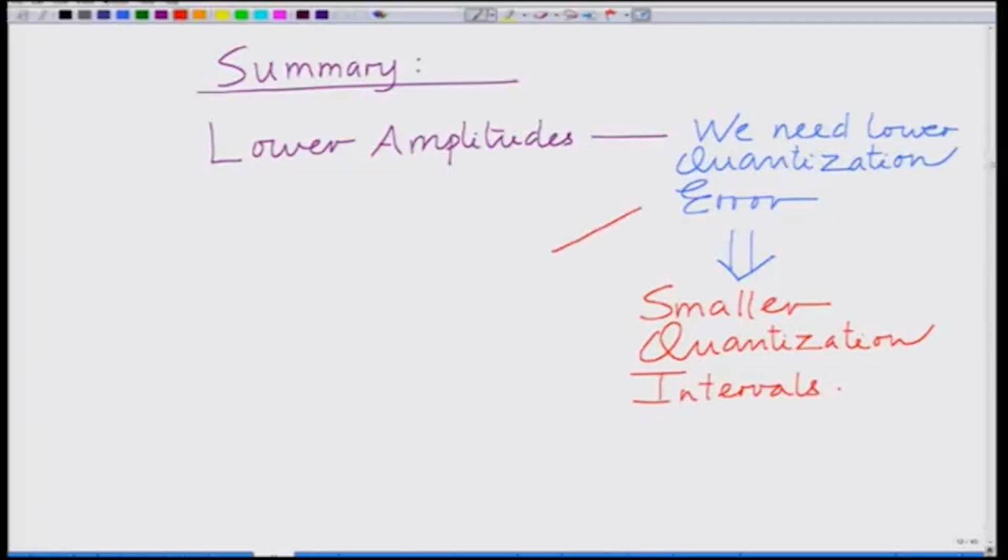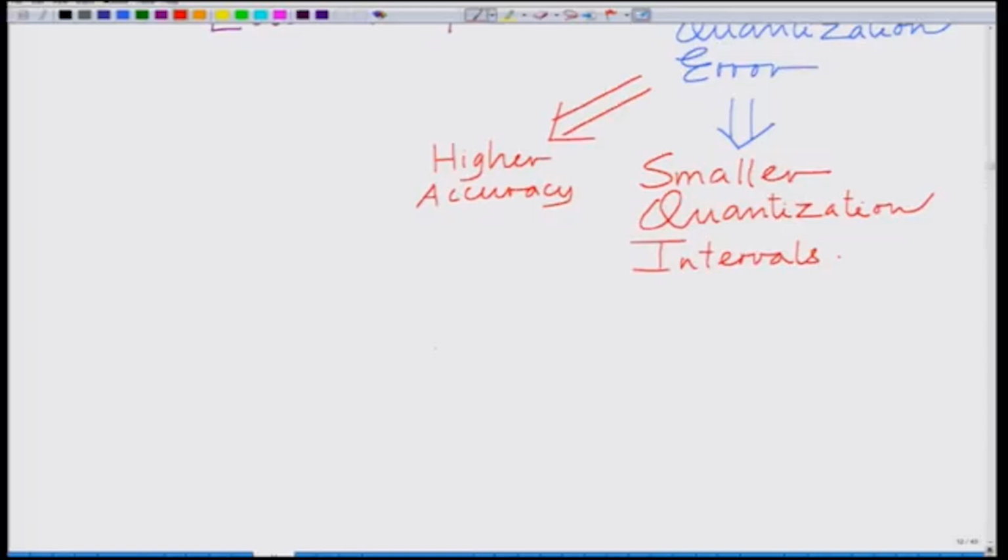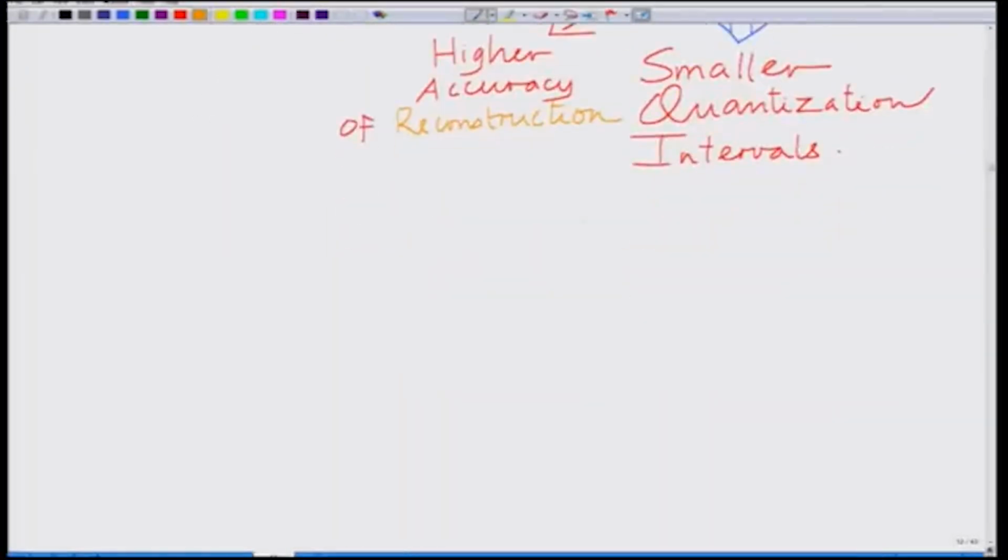This implies higher accuracy of reconstruction. When you say higher accuracy, automatically it means higher accuracy of reconstruction. On the other hand, at larger amplitudes,